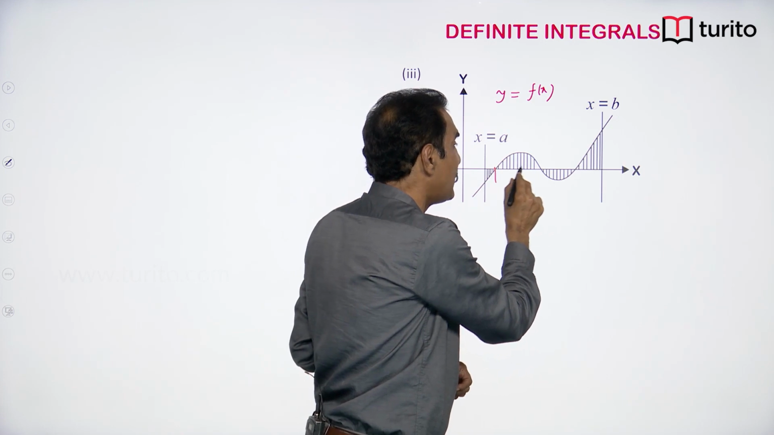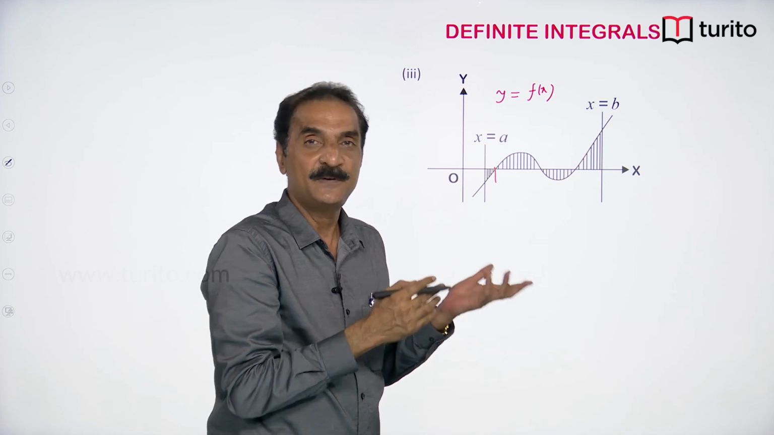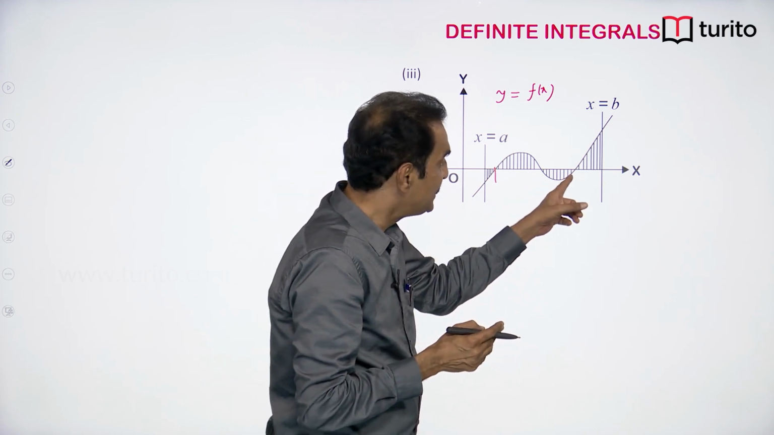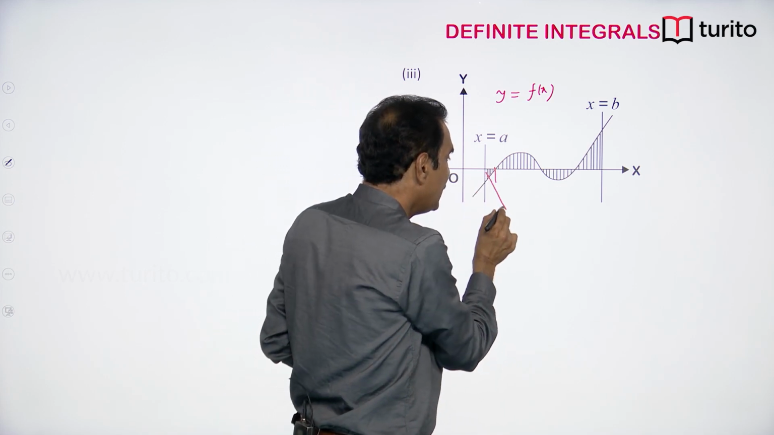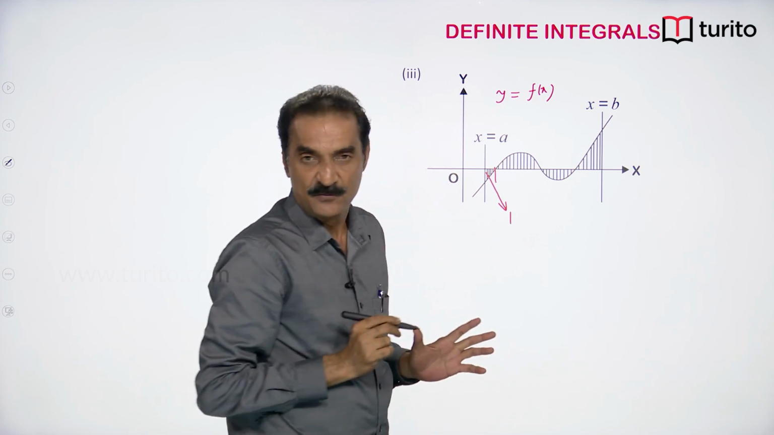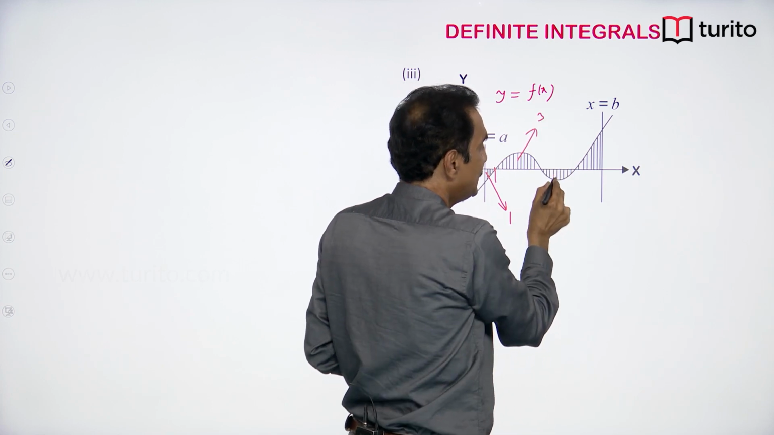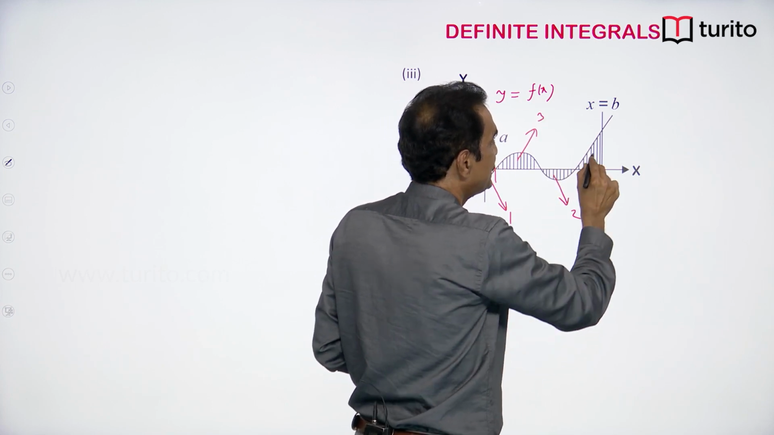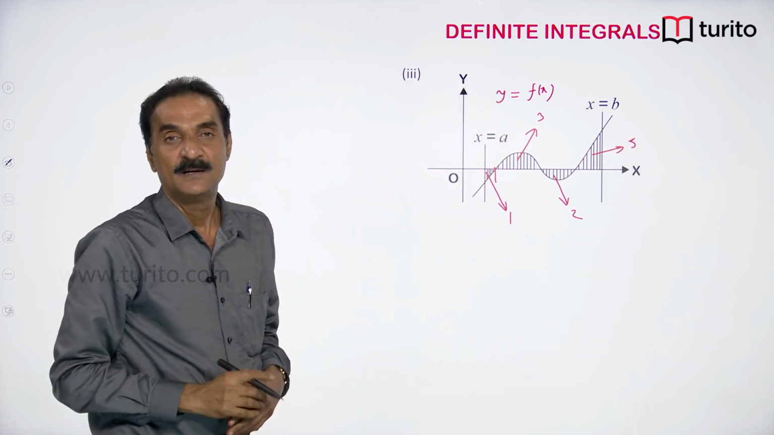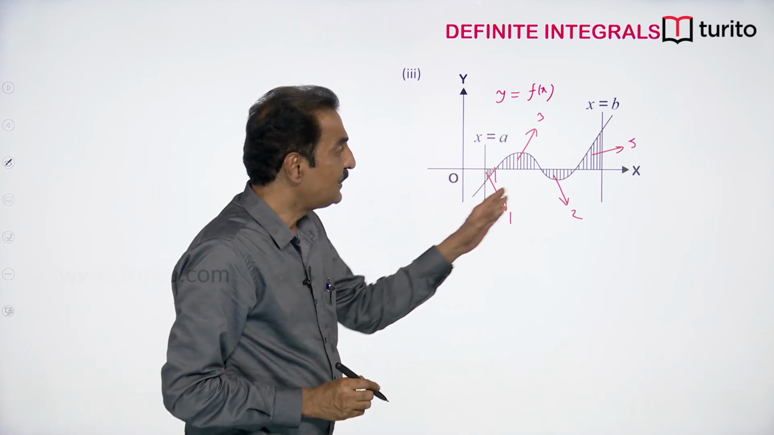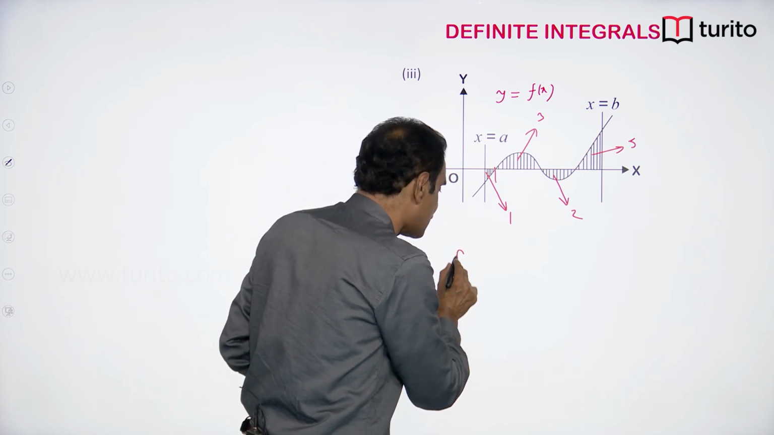Again from this point to this point the sum of the values of f of x is positive. So the definite integral will be positive. Again it is negative here, positive here. Suppose this small area is say 1 square unit, this area is 3 square units, this area is 2 square units, this area is say 5 square units. Then what will be the value of the integral from a to b? Integral a to b f of x dx is equal to